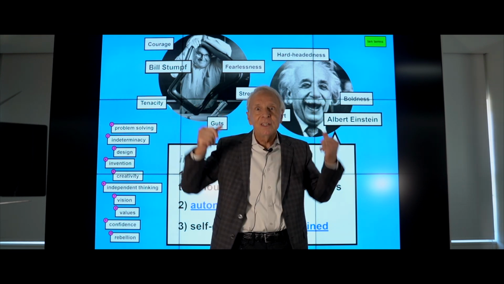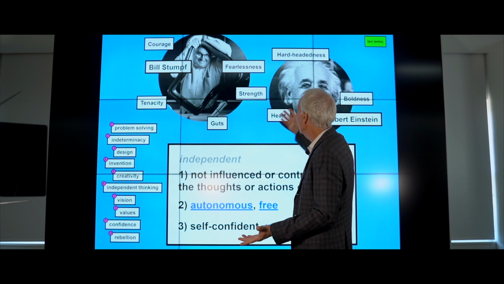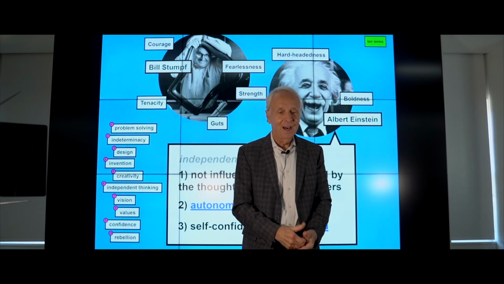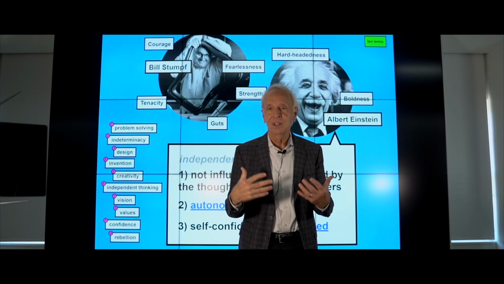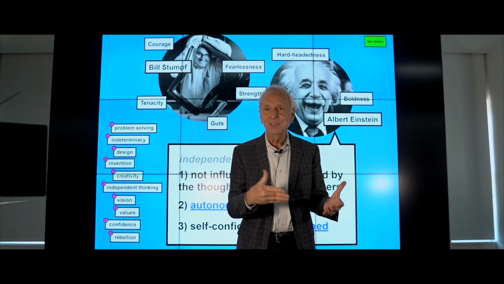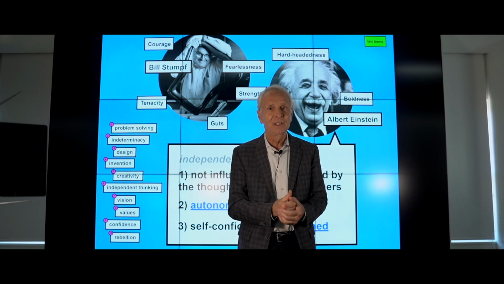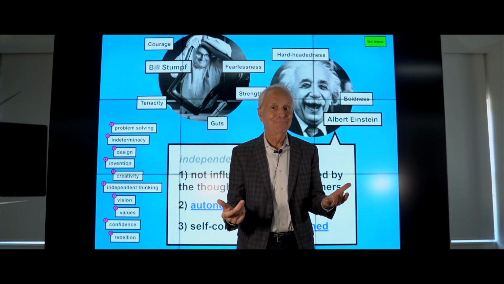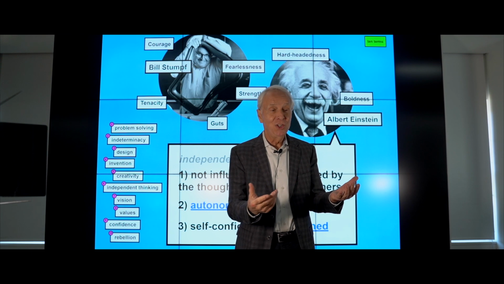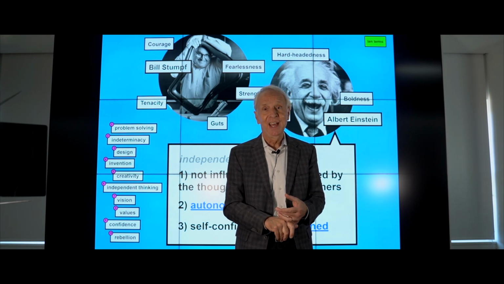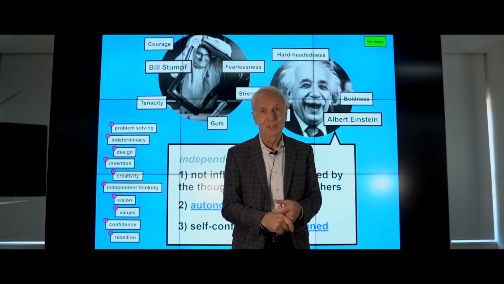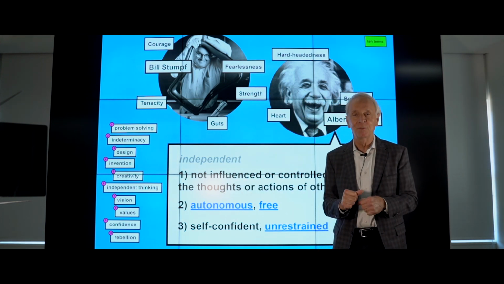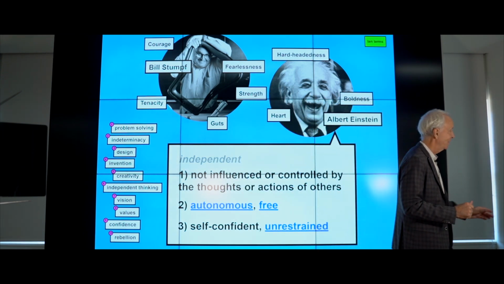But he's an independent thinker. I mean, just take a look at the guy. Look at that haircut. Totally independent haircut. The way he looked, the way he dressed, completely independent. He lived in the United States most of his adult life. He never learned to drive a car. He just didn't want to drive a car. He's a Nobel Prize winning physicist, and he goes around on a bicycle all the time. This is independent thinking, and this can be a very powerful tool in creative problem solving.